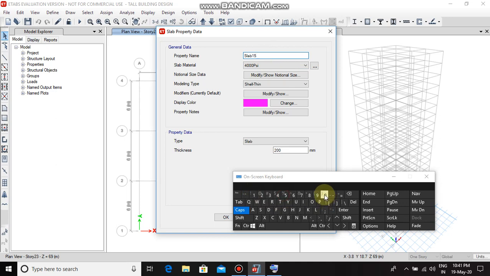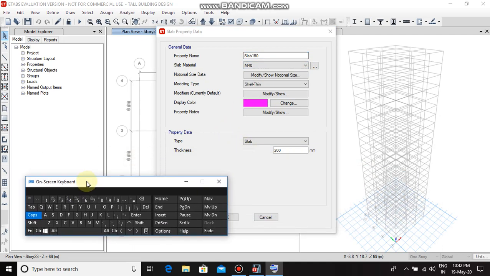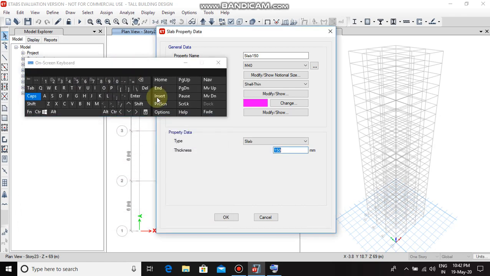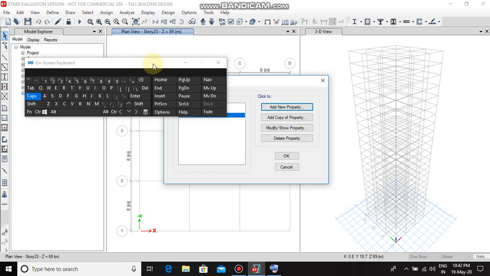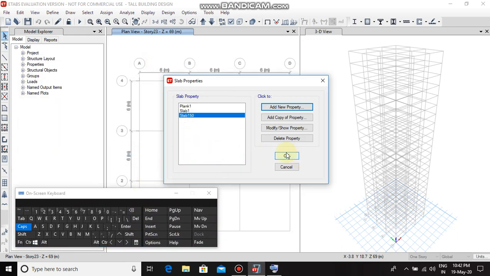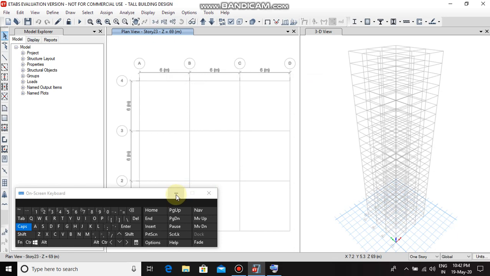Slab 150 is the property name. Slab material as M40. The thickness of this slab is 150 mm. Click on OK. Click on OK again.